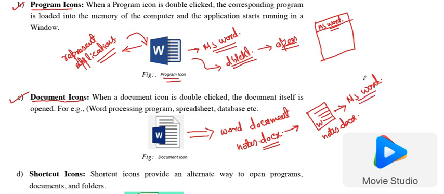So what is a document icon? It is a graphical representation, an icon which shows us that a document is stored here. If we double click this document icon, it will open the document in the concerned application, the application in which this document was created, or in an application which is compatible to open it. For example, if I open a PDF document icon, it will open the file in a PDF reader, such as Acrobat Reader.